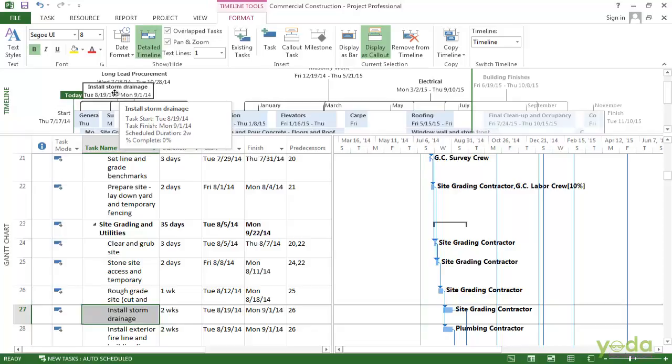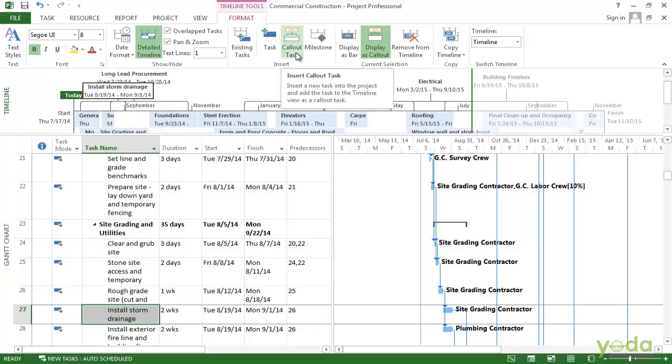You can also create new tasks right in the timeline. To do that, go to the insert section, and you can see you can add a task. You can add a task as a call out, kind of like, say for example, open house here, or you can add a milestone.